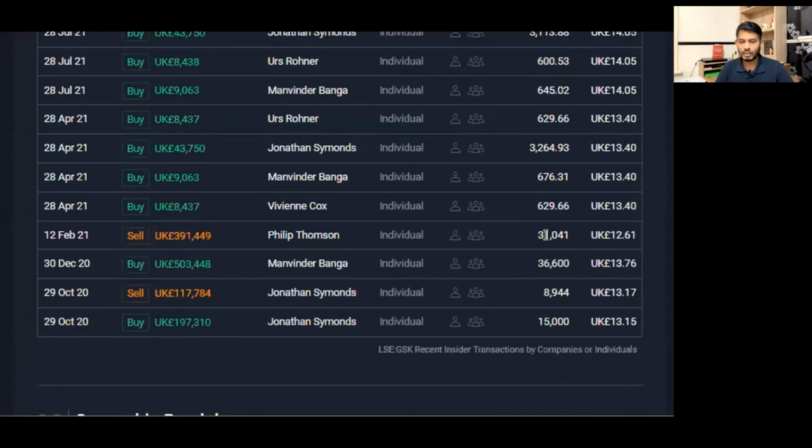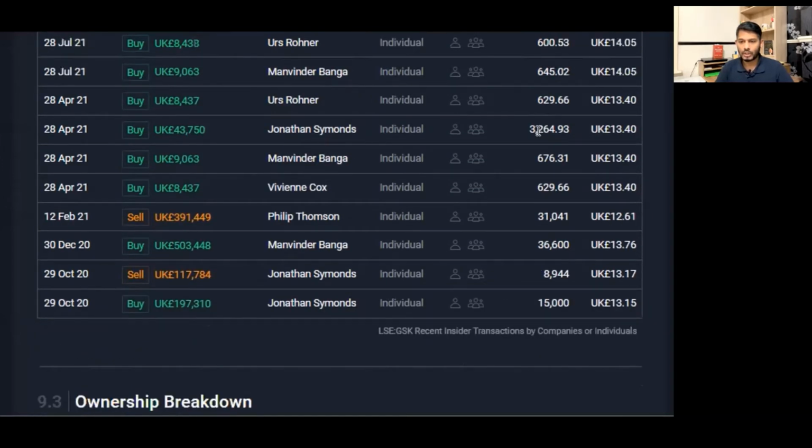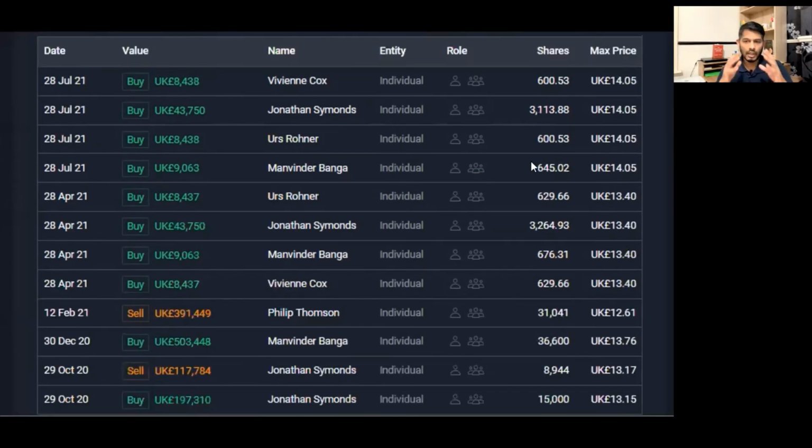You can see one guy sold 31,000 shares, and another one bought more than 36,000, and some sale was 88,900 something, but people are buying 15,000 and 3,000. You can see more sells and buys here. Buying is more, so I'm focusing on this one because the insiders are buying,